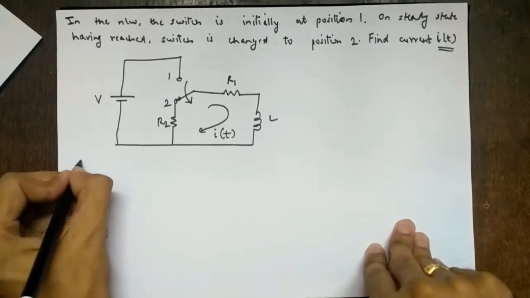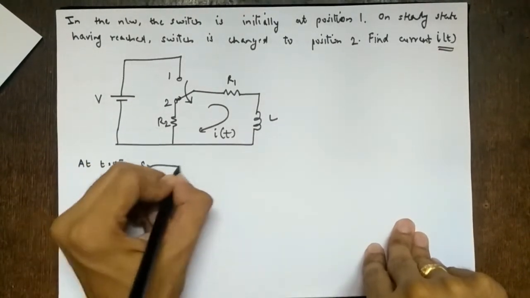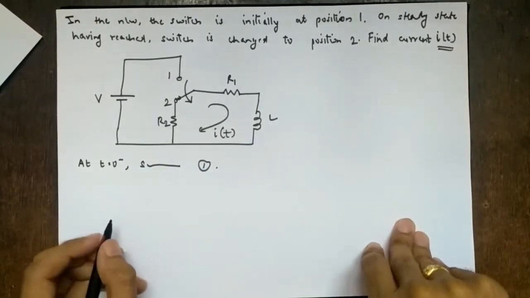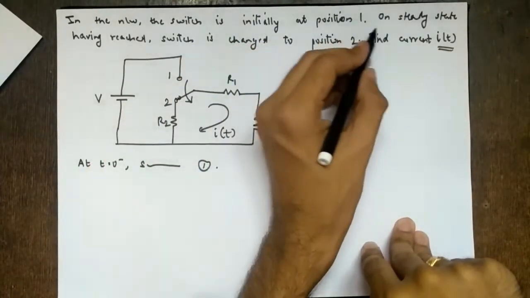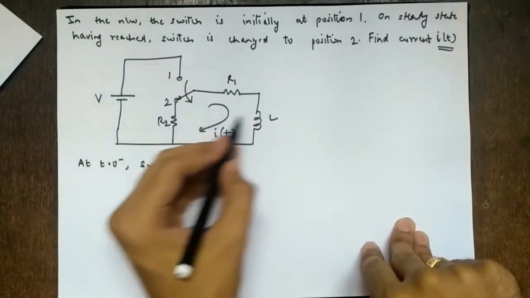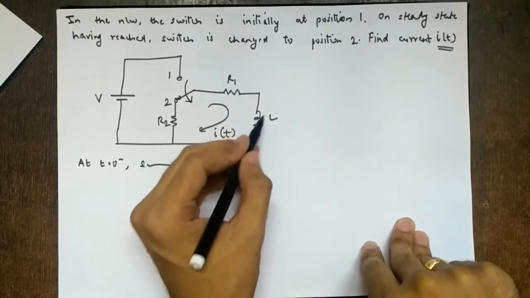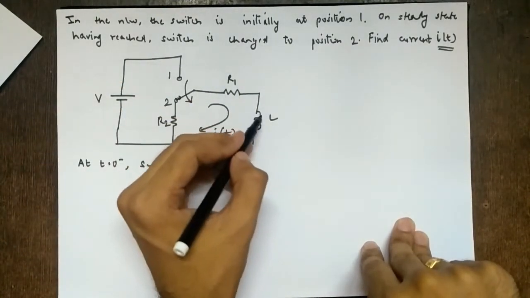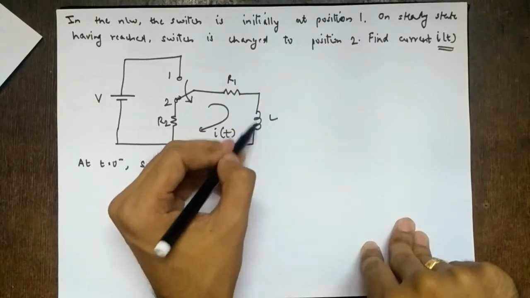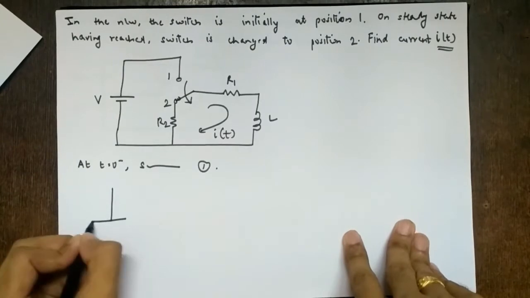Again we will say at t equal to 0 minus the switch is at position 1. Right? So what will happen? What they have given is that it has attained steady state. Right? We have seen yesterday that when it attains steady state, the inductor will act as a short circuit because this is a DC source. As time passes, frequency is 0, so it will give a 0 reactance. XL is 2 pi f into L. So this will act as a short circuit. So what will be our diagram?